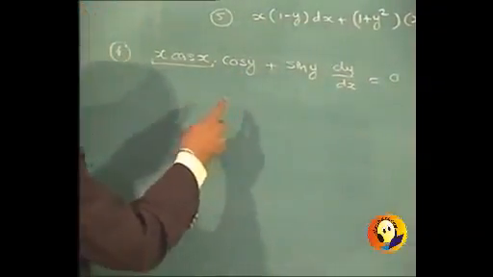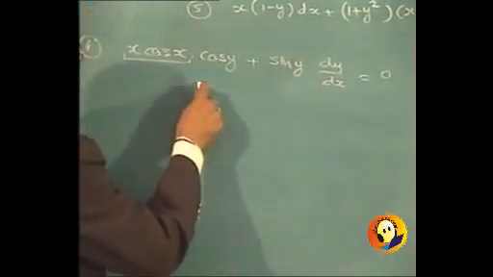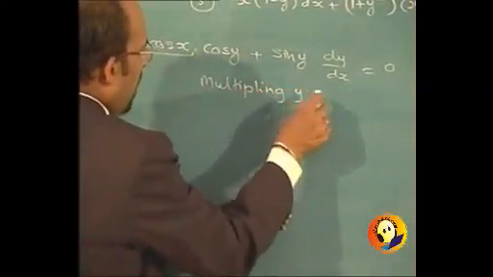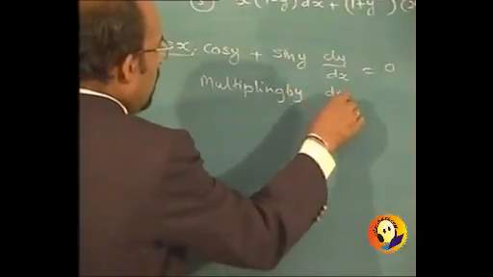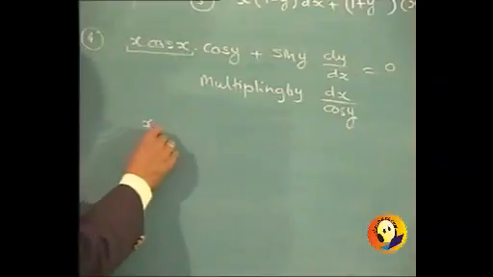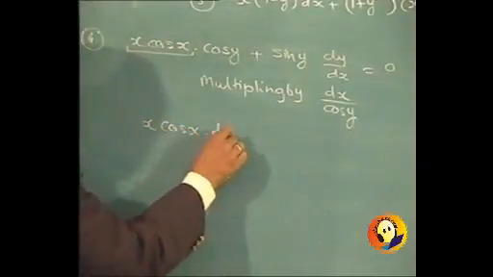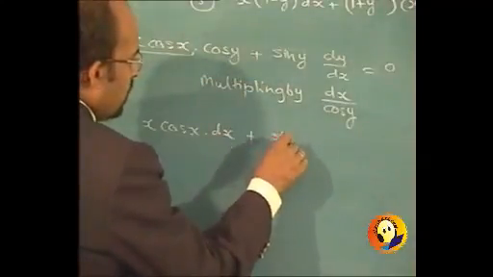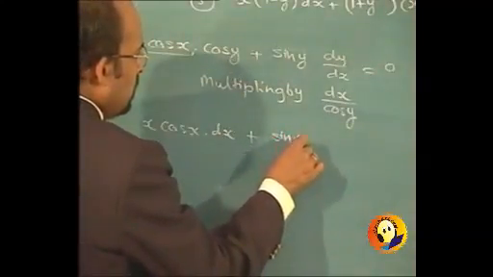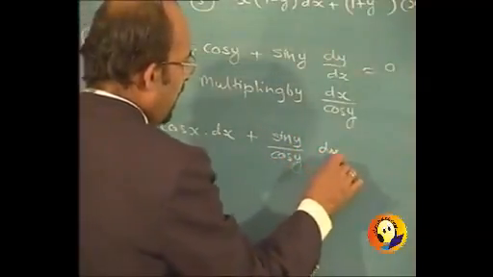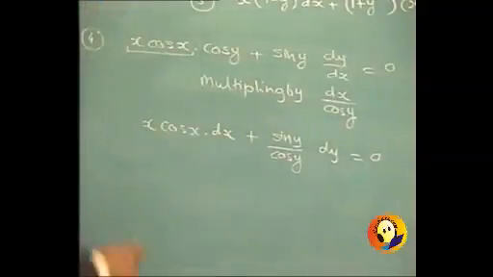So we can probably say that multiplying throughout by dx upon cos y, we will get it as x cos x dx, where cos y cancels, plus sin y upon cos y dy equal to 0,